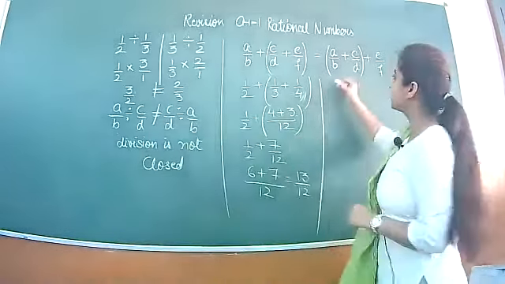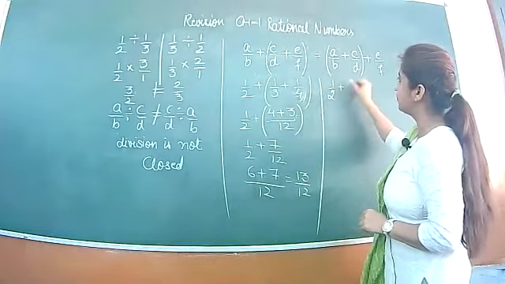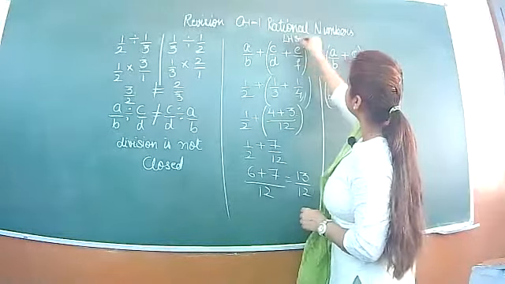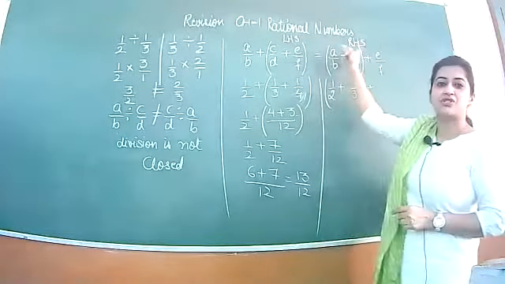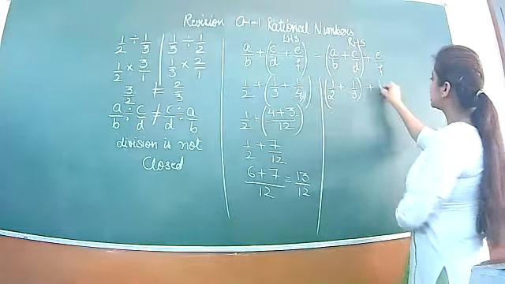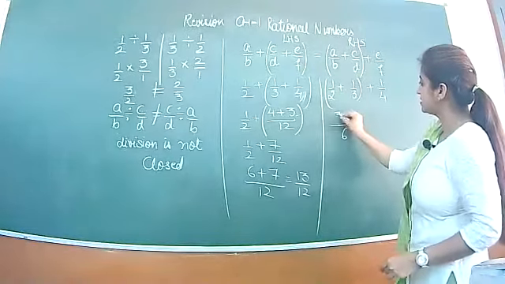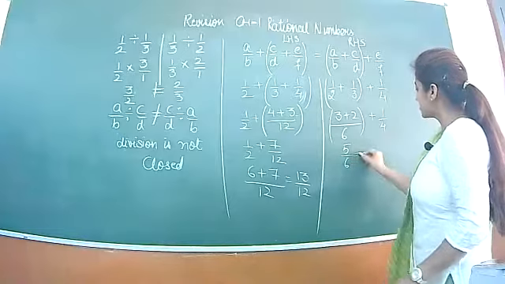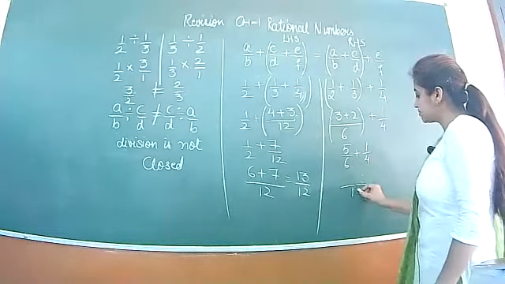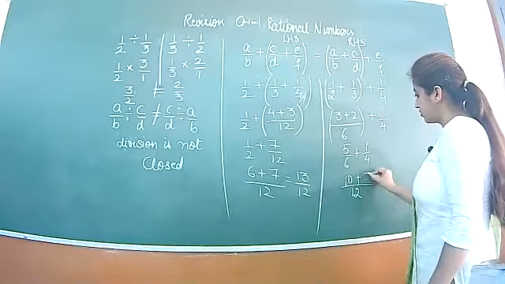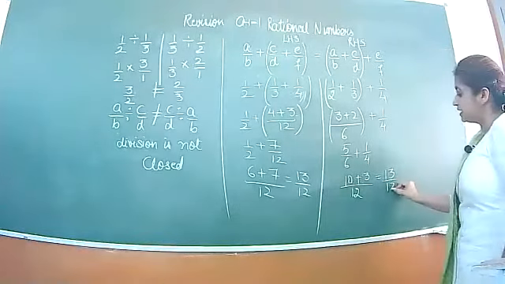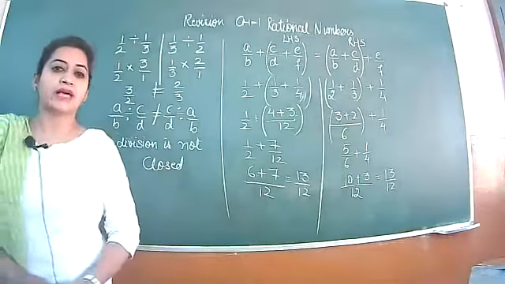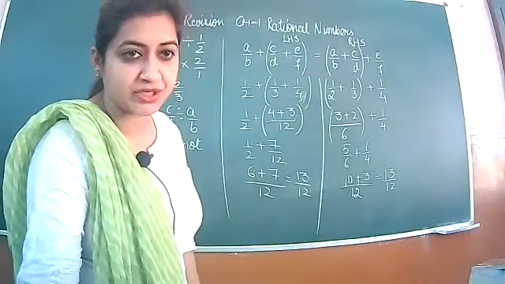Now, justify the same example for the left hand side and right hand side. It's compulsory to mention the sides here. Otherwise, marks will be deducted. 6, 3 plus 2, 1 by 4, 5 by 6 plus 1 by 4, LCM 12, 13 by 12. Left hand side is equal to right hand side. Therefore, associative property holds for addition.